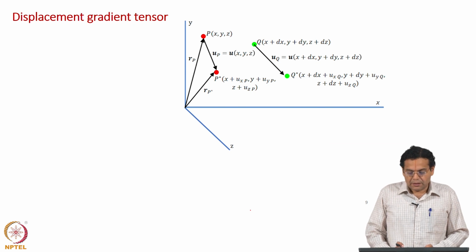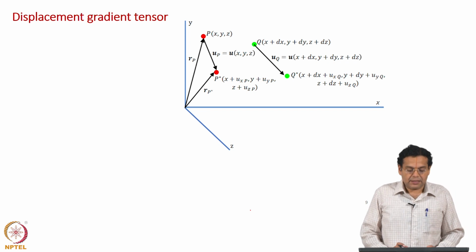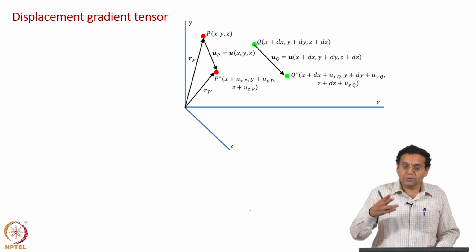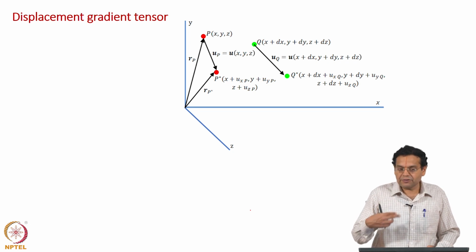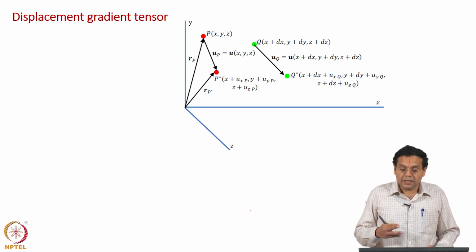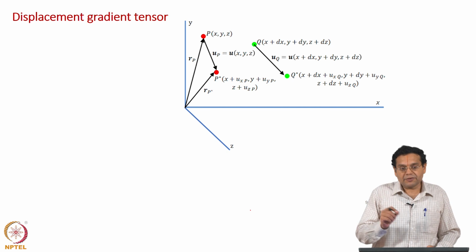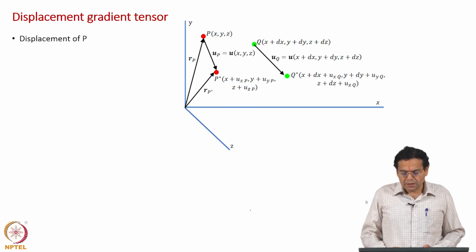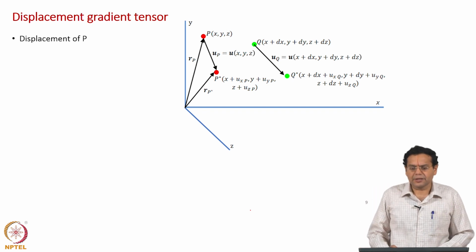Remember, we are proceeding towards deriving the expression for the displacement gradient tensor. We are going to do it in 2 different ways and we are discussing the first way now. Before that, we said that instead of working in displacement, working in terms of difference in displacement, we have taken care of translation. Now we will focus on the point Q as well.